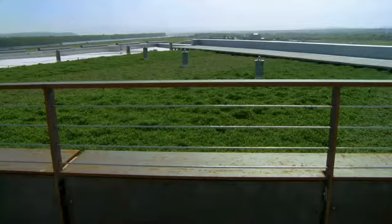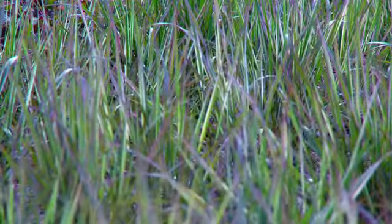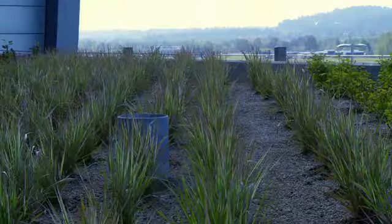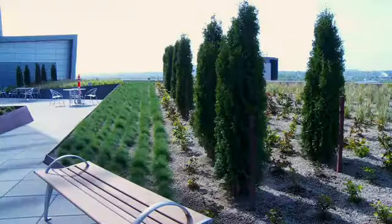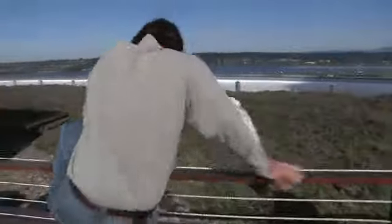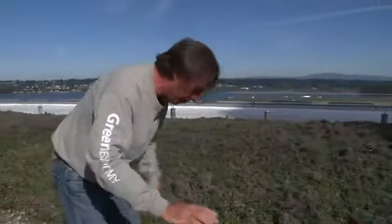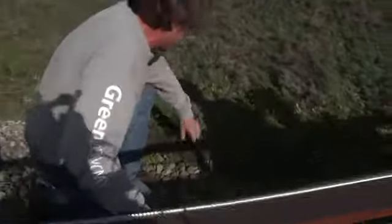This keeps the building cool in the summertime, and does it help in the wintertime? It does. It helps to kind of trap the stormwater, and the plants use the water, and then whatever is left over drains off into the drainage system. Have a look at this. Come over, see this. Not allowed to stand on the green part, but I'm standing on the stones here. And you can see,